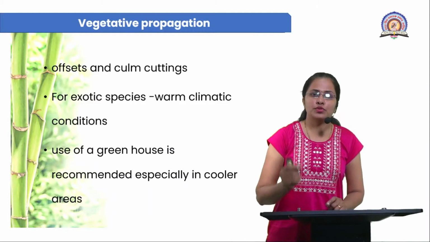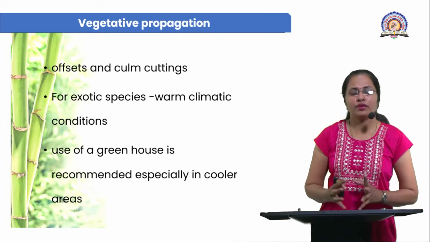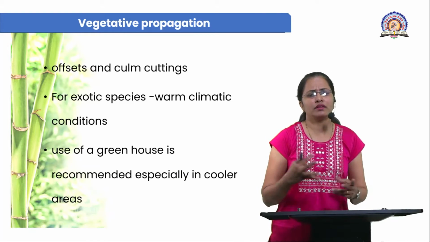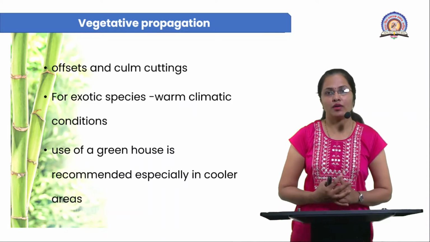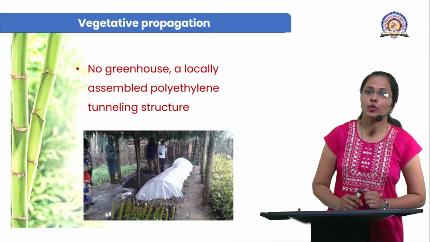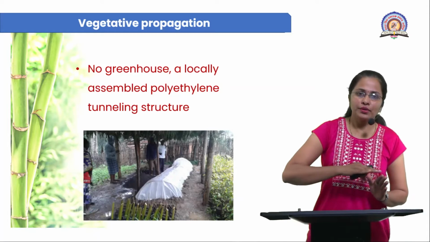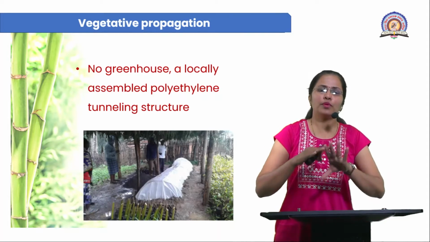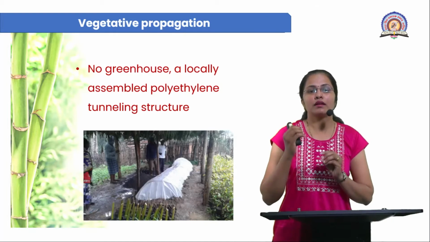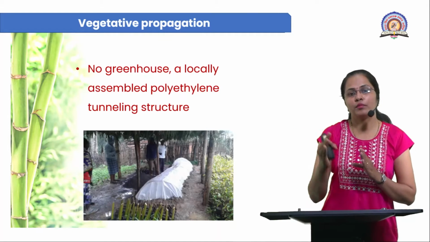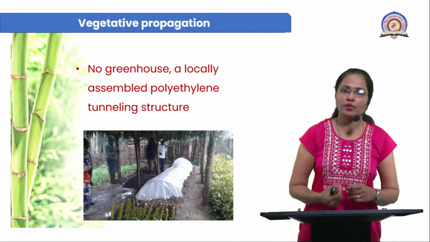Clump cutting is generally superior for all types of exotic species in warmer climatic conditions. If there is an absence of warmer conditions, that is, in a cooler region, such propagation can be achieved by using a greenhouse. And if a greenhouse is also not available, we can locally assemble a small tunnel-like structure and cover that tunnel-like structure with a polythene bag or polythene-like material, which is going to create a warmer condition. So by using simple clump cutting also, we will get a number of plantlets of bamboo. In this session, we'll see how more and more bamboo can be produced